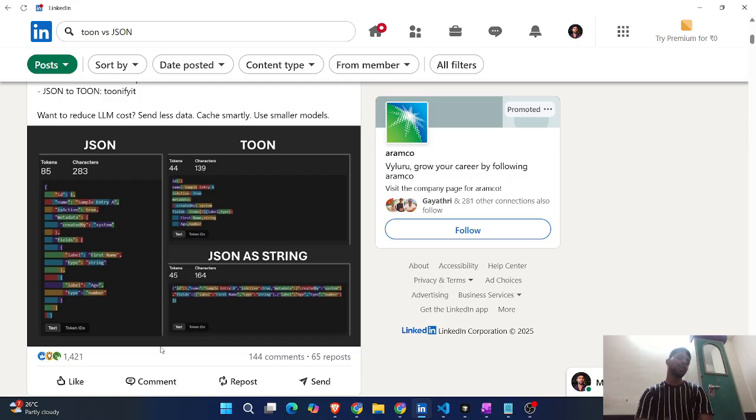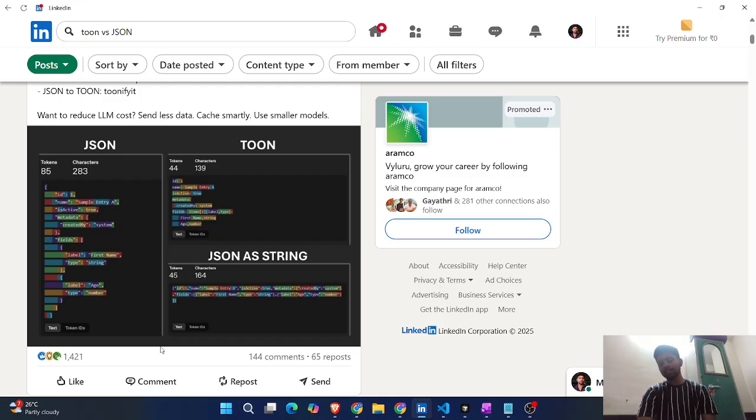Every LLM has a certain context window limit, and it can maximum fit or accommodate that many tokens. After that, it can't take more, right? So here our target is to pass the accurate information in a much more efficient way and with much fewer tokens, right? So then you can go ahead with this tool. Instead of JSON, we can go ahead with this tool because it's the same information you are passing, right? The same information. So the LLM will understand it in a much better way, right?